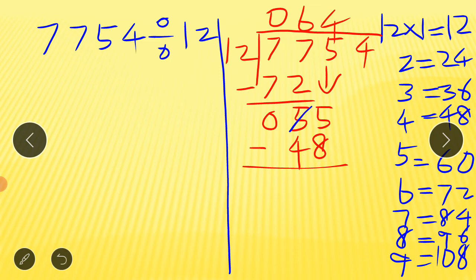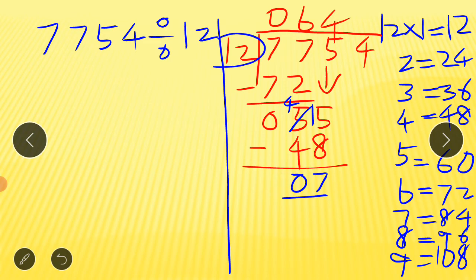So let's borrow from this digit. That 5 is becoming 4. We borrow 1, it is becoming 4, and this 5 is becoming 15. We borrow from 5, then we are giving here, it is becoming 15. So then from 15 take away 8. From 15 cut 8, we get 7 here. Either by backward counting or forward counting, you can get the answer 7. And here 4 minus 4, 0. From 4 take away 4, we get 0. And here also 0. So now this is called the remainder.